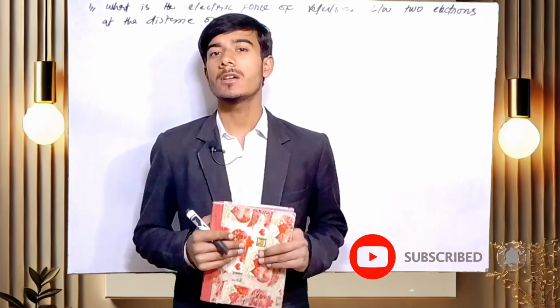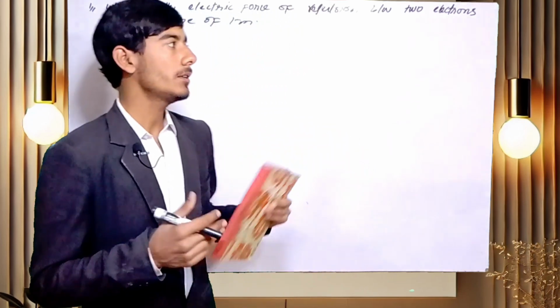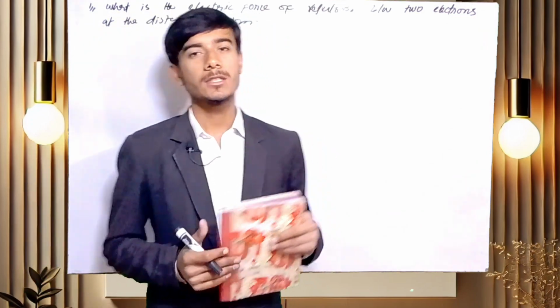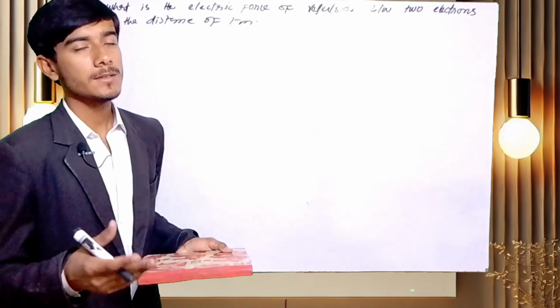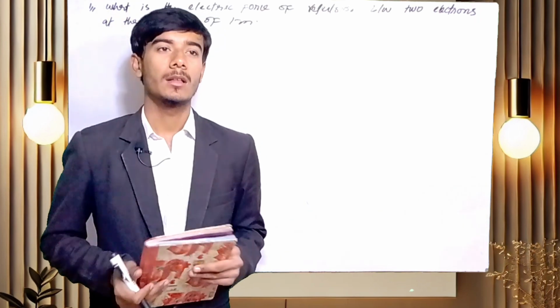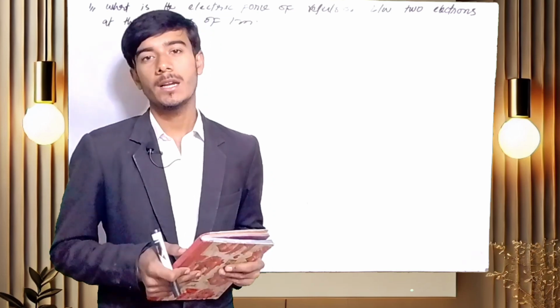In today's lecture, we are going to solve numericals. Numericals are present in the class 10 physics book, page 108, unit number 14, electrostatics. First of all, I am going to solve numerical number 1, which is written on the board, and you can see it also in the book. My lecture will support the book, and the book will support you to understand my lecture. So what I write, note it.